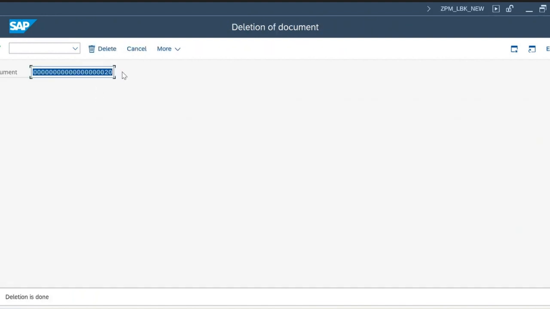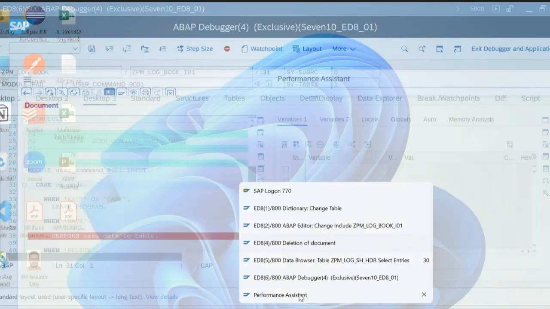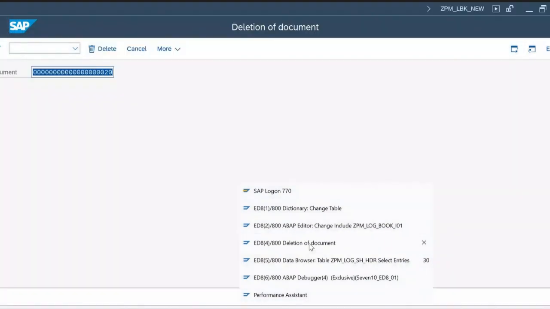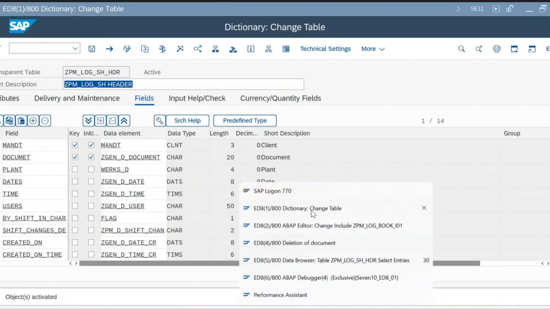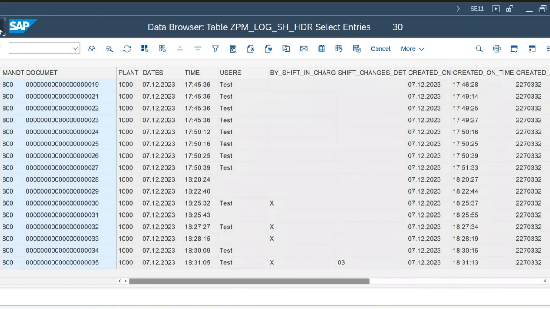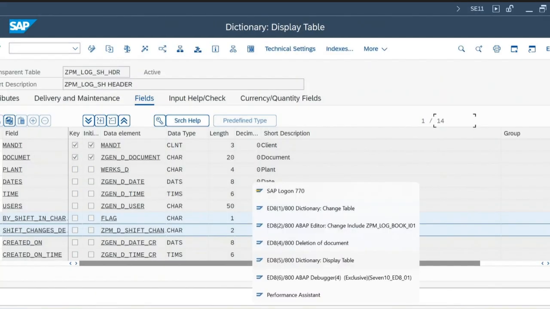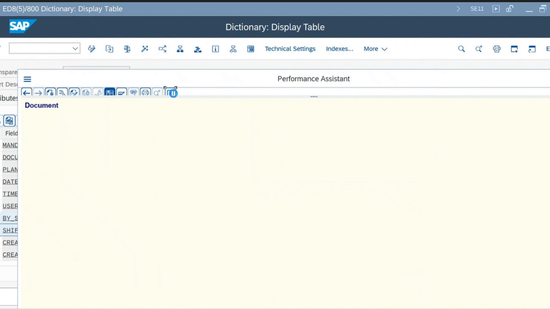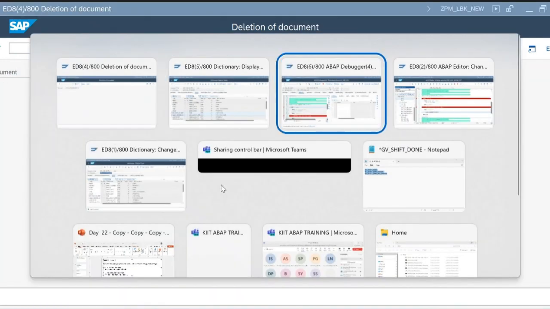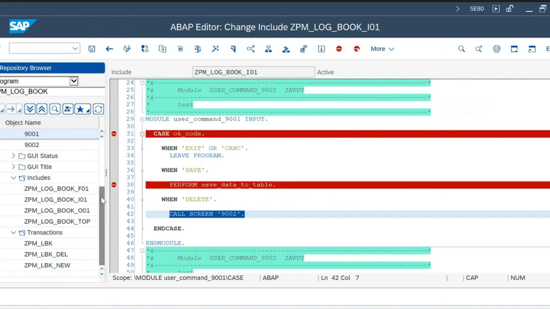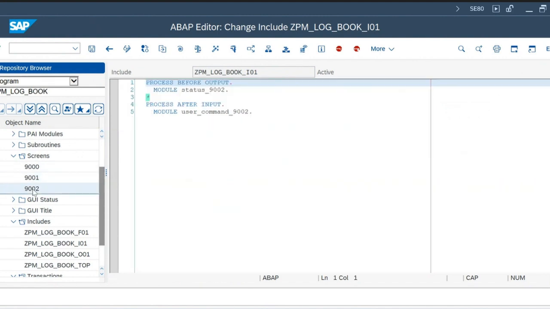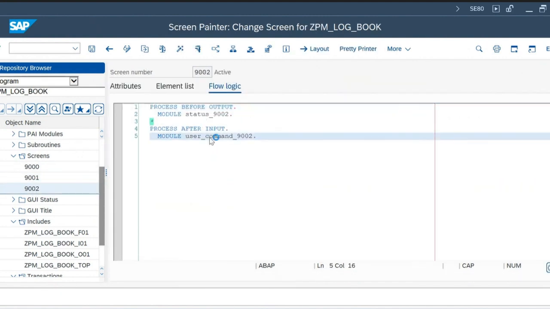Okay. So now there is a back. I click on back, nothing happening. Okay. And click on back, nothing happening. Because there is no code. System doesn't know what to do in the back. Okay. So now we'll write the code for the back. We'll go to 9002 here, user command